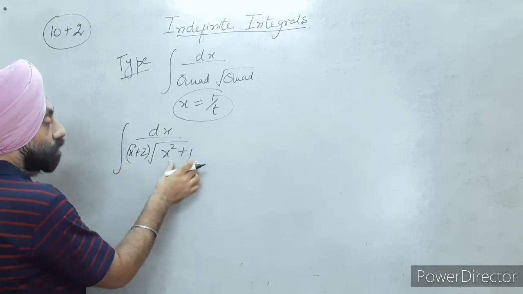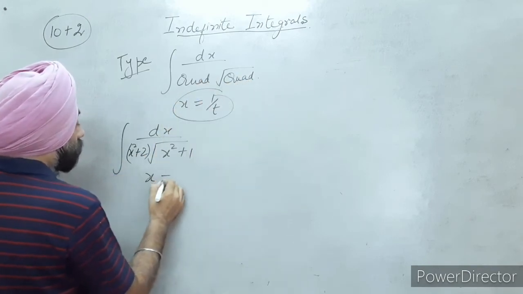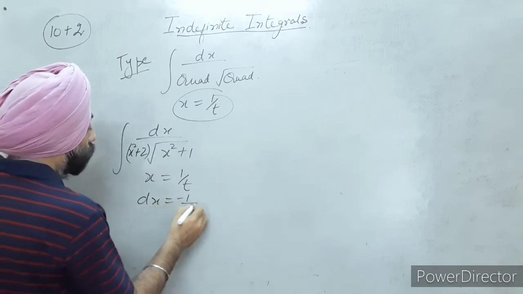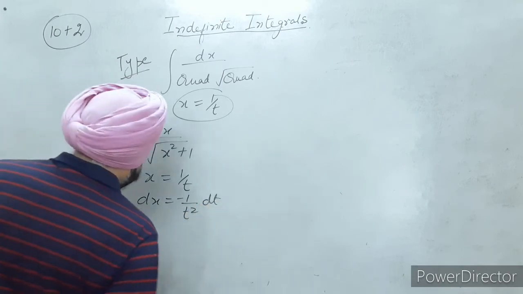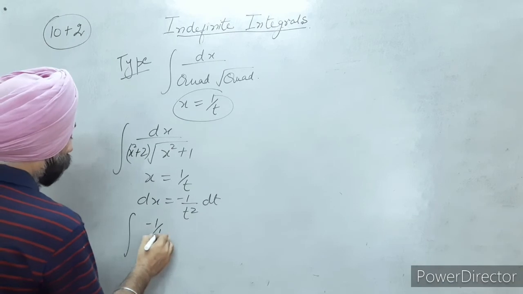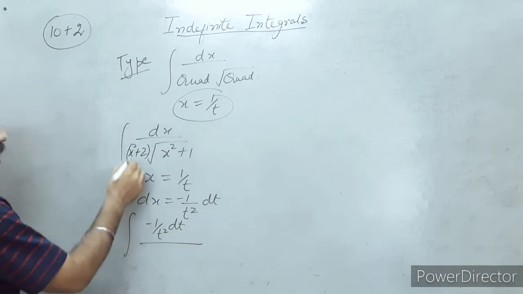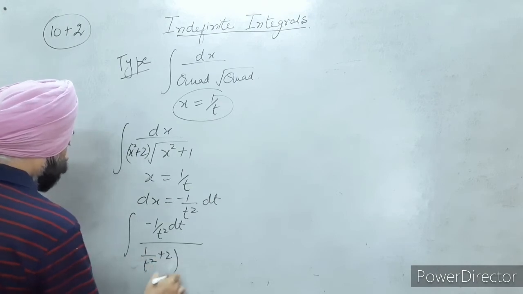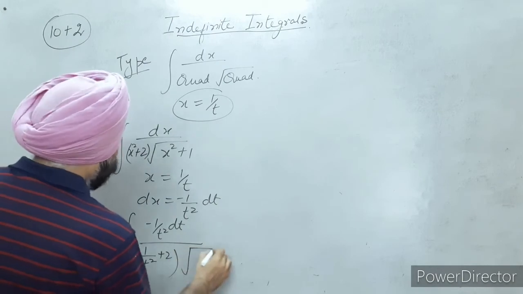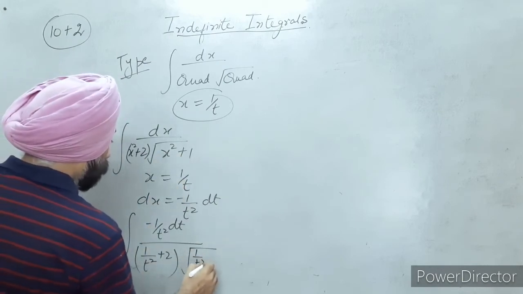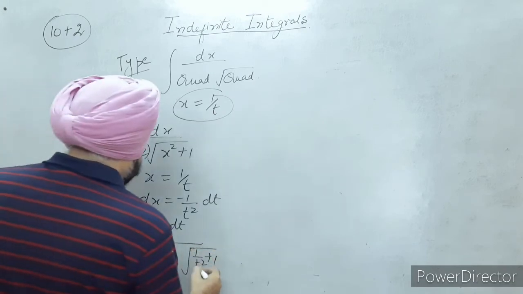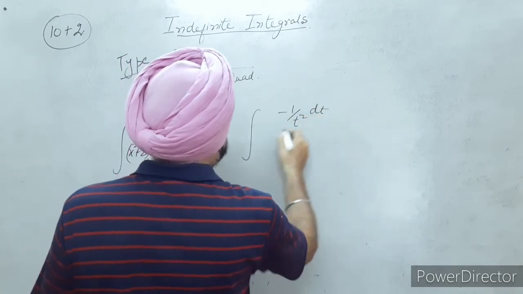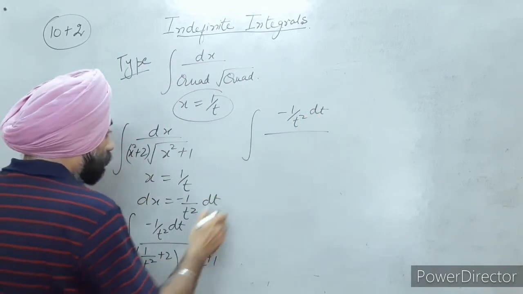This is a quadratic, this is also quadratic. Quadratic into under root quadratic. Put x equals to 1 by t. Now dx is minus 1 upon t square dt. That is minus 1 upon t square dt upon x, 1 over t square plus 2. This is again 1 over t square plus 1. Solve it. It becomes integral minus 1 upon t square dt divided by 1 plus 2t square